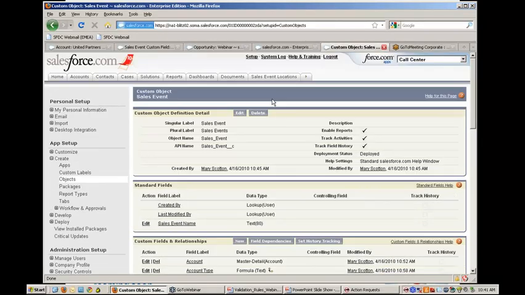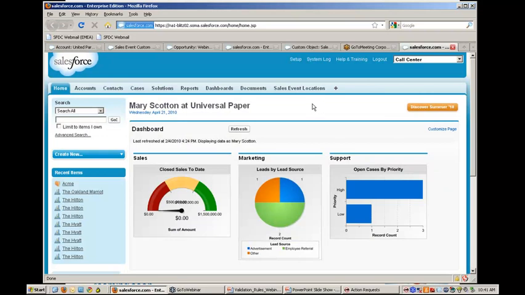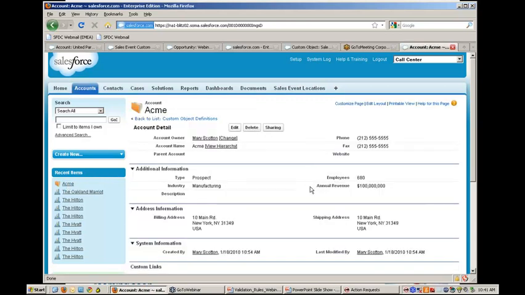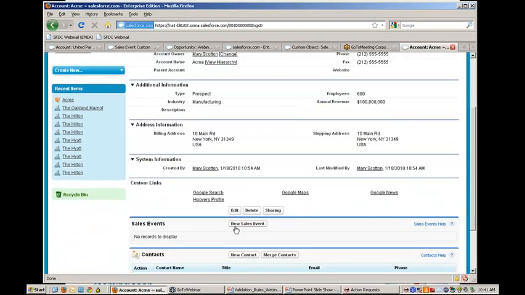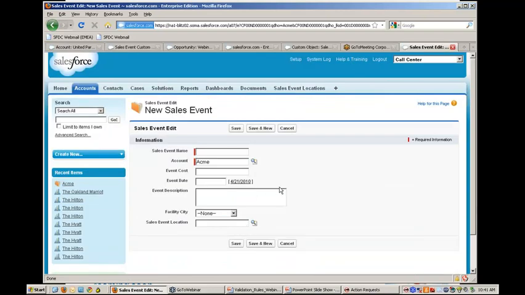So let's switch over. Darren also gave you a sneak peek of my development environment. But let me just kind of start and show you. Again, I have kind of a similar setup here. I have these sales event locations, and I have on my account object a child object for the sales event. So if you don't remember, if you came in late, if I'm starting to create my sales event here and I pick a facility city, when I go to search for the sales event locations,